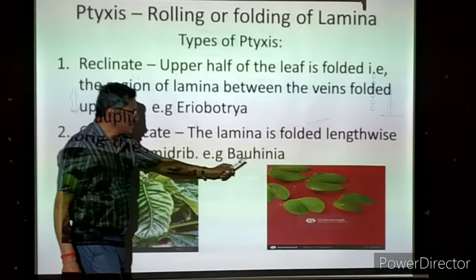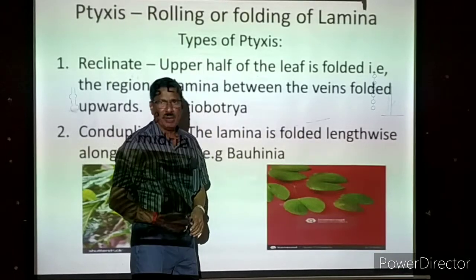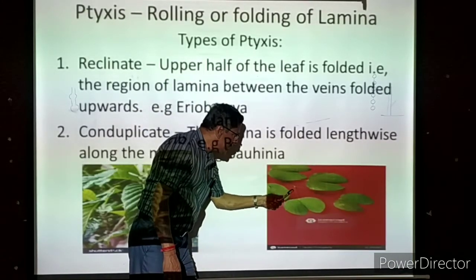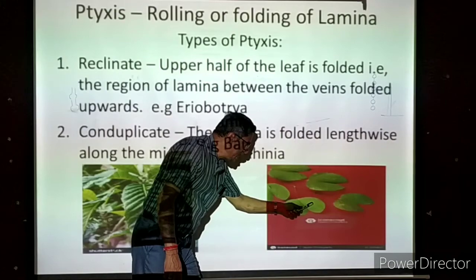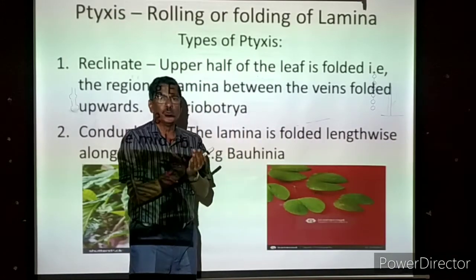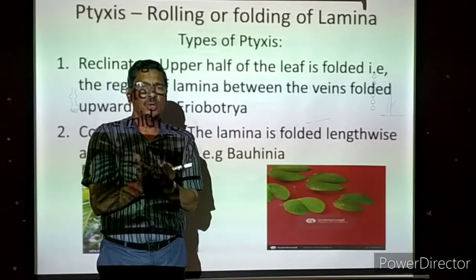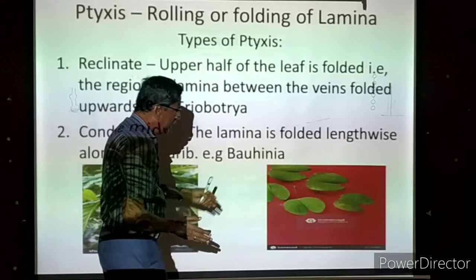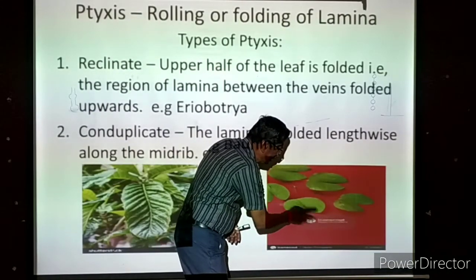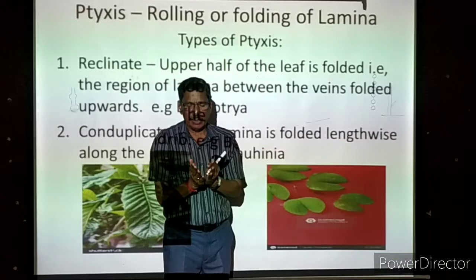Now I am going to take this leaf. Example, Bauhinia. Name of the example, Bauhinia. Now we are taking, this is a petiole. Now the lamina. The lamina is divided into two lobes, but it is not completely divided. Okay, it is divided into two lobes. Now here midrib is there. Veins will be there.